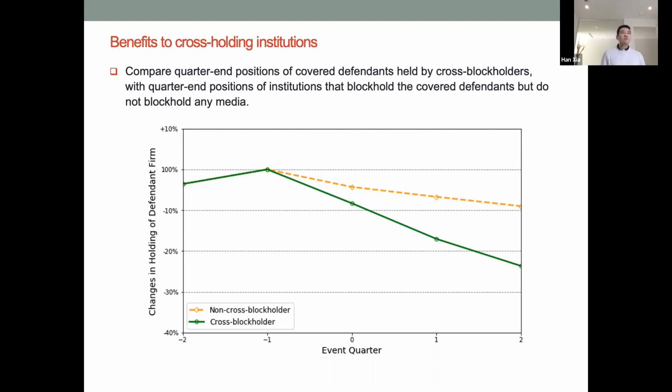Okay, so now if we combine all these pictures together, we say that for the first 60 to 90 days, there is more favorable tone from the media, from the cross-held media, and then we also see that during about the same period, there's this freeze-out phase where the stock price holds up quite well, and again during the same period, we see the more aggressive unloading of these cross-holding institutions. So everything combined seems to suggest this de facto pump and dump strategy.